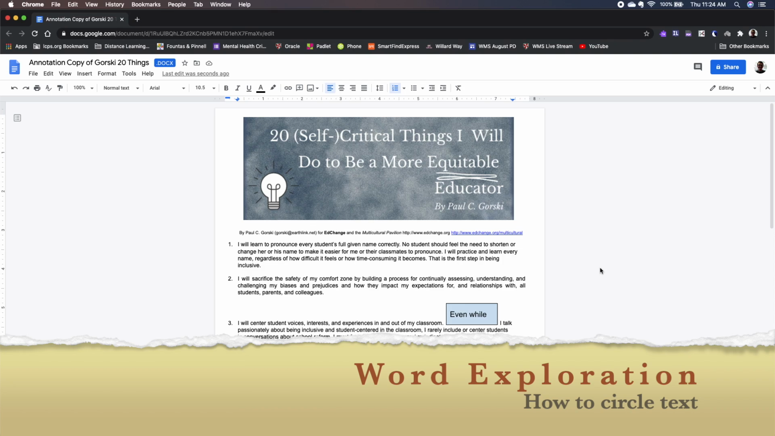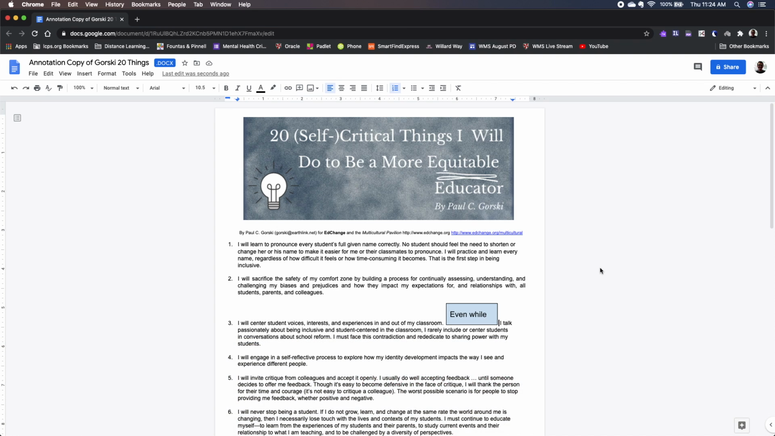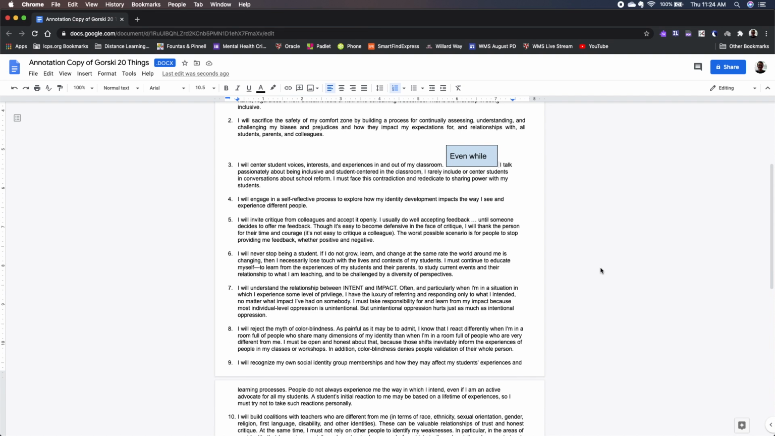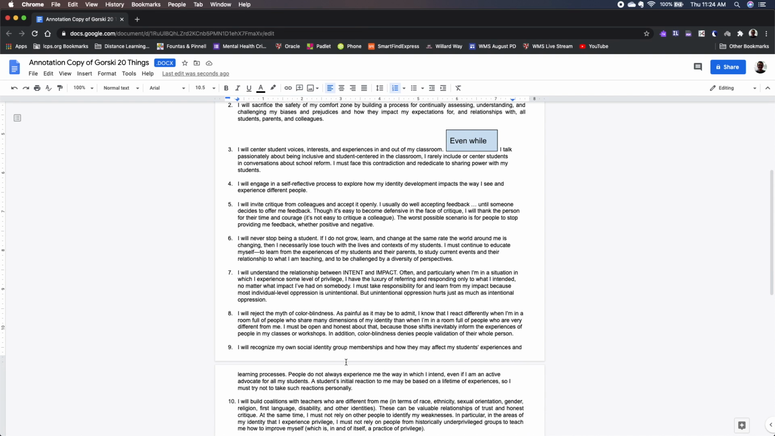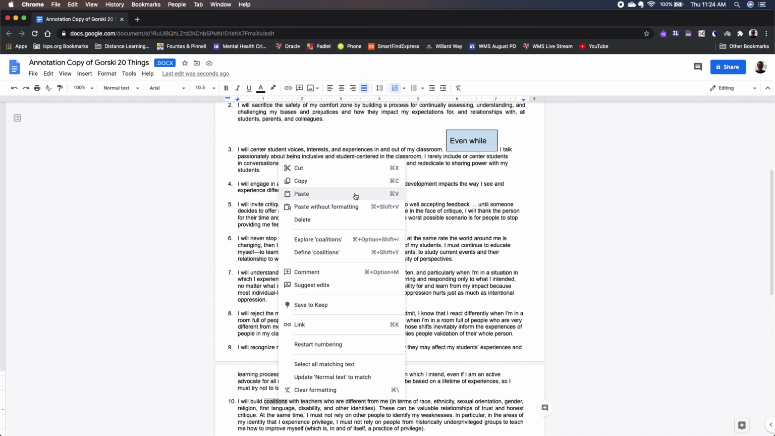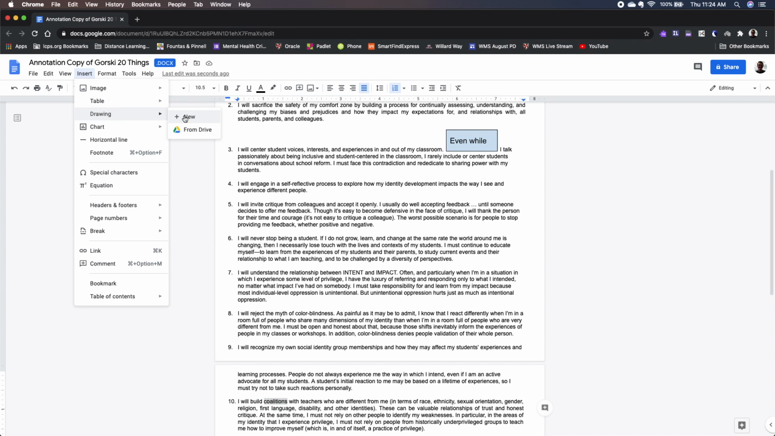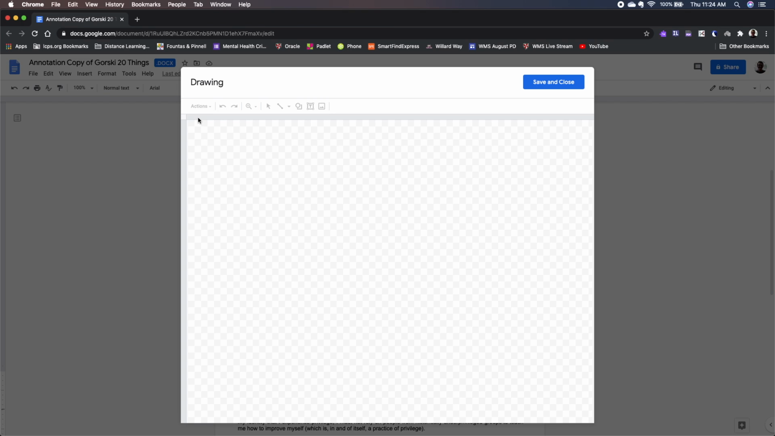Now, one of our most important annotations is word exploration, and the students will circle new, unfamiliar, and challenging words to them. So I'm going to show you how to do that, how to circle certain words. So let's say I'm a student, I don't know what the word coalition means. Again, I'll highlight the text, I will copy it, and I will do almost the exact same thing that I did before. I'll go to Drawing, I'll go to New,